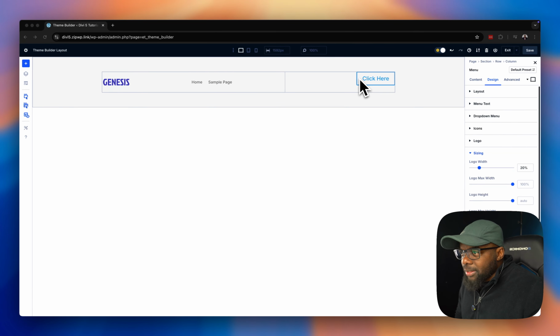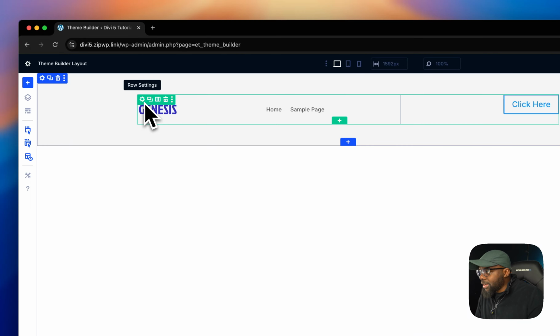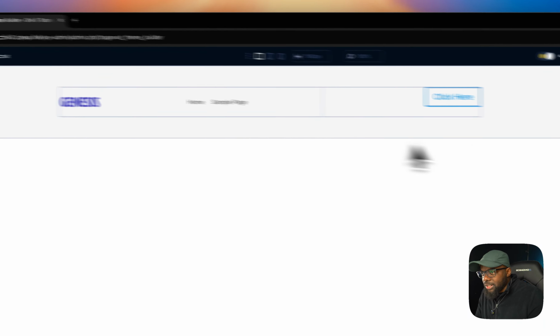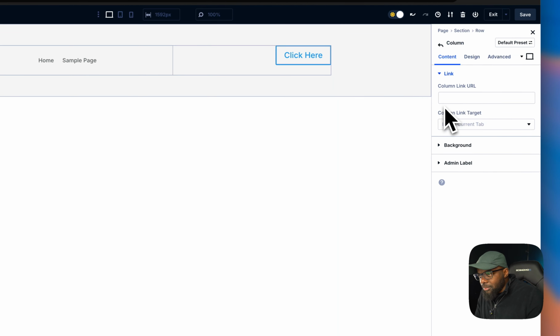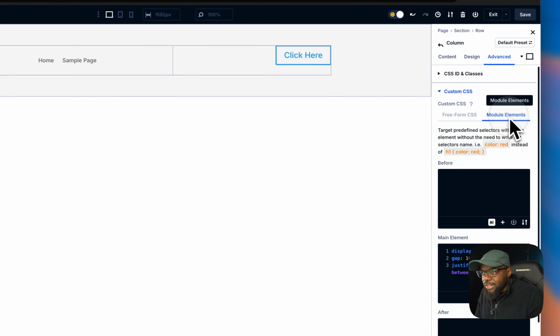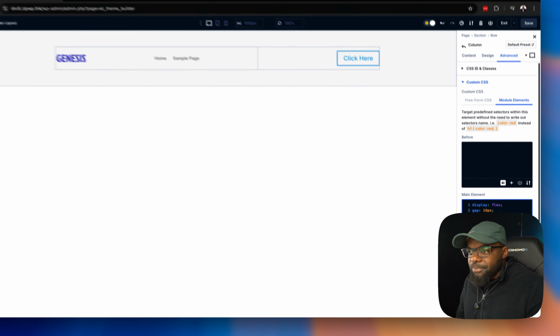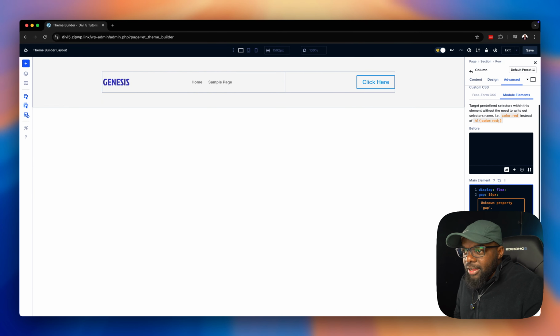This button here is all the way to the top, but everything else here is right in the middle. So we need to make sure everything is centered correctly. So what we need to do again is to go back to my row settings. We click on this column, and then we're going to go into advanced. Now we need to go back to our custom CSS module elements, and then this is where we need to add this command. And you notice that align item center has now centered my button, and pretty much everything now